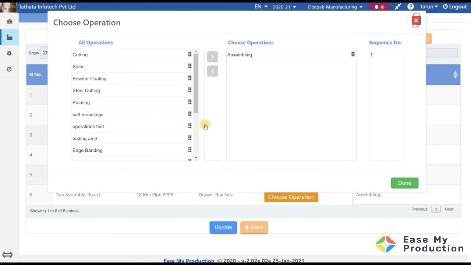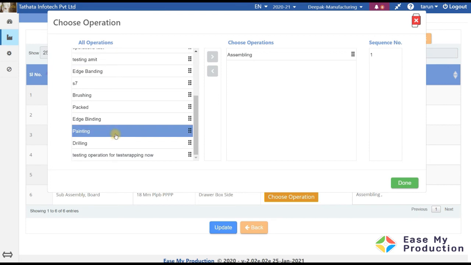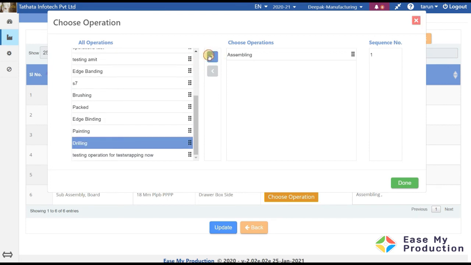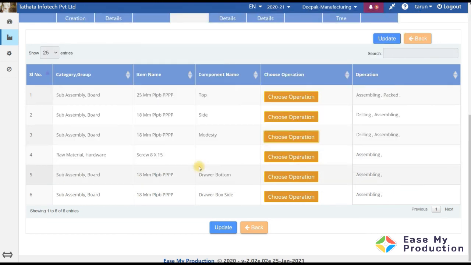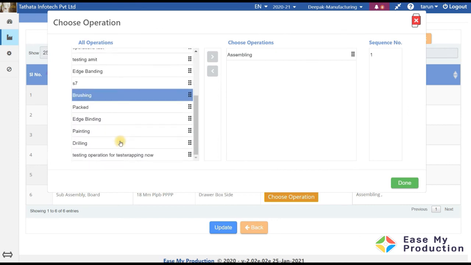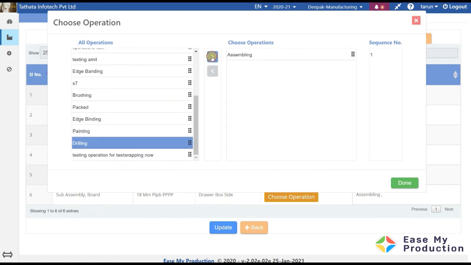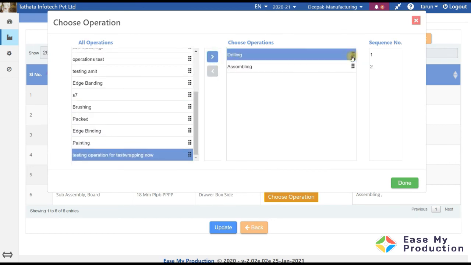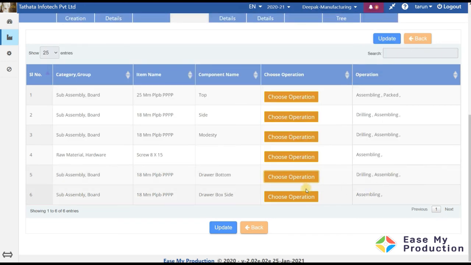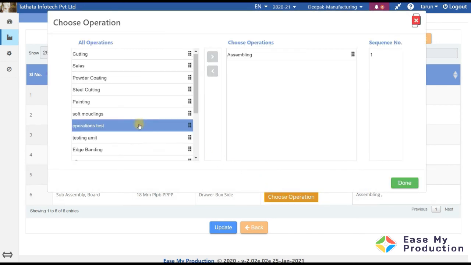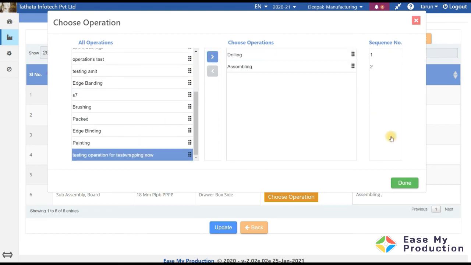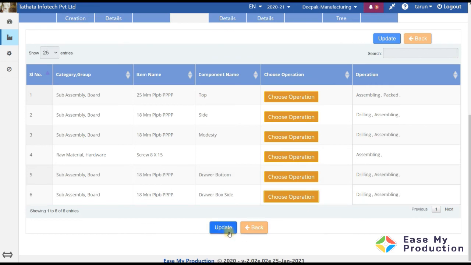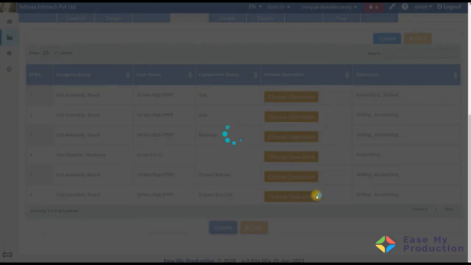So we'll again add drilling in all this. Now we save this.